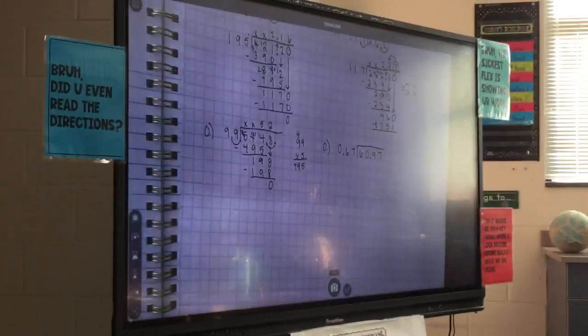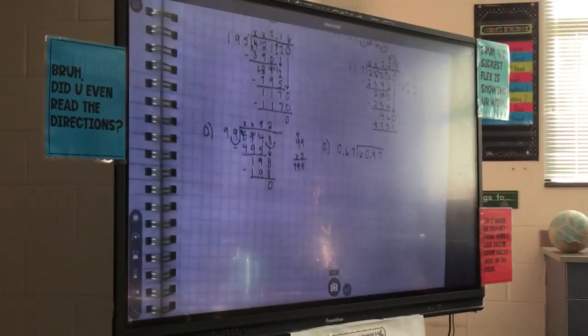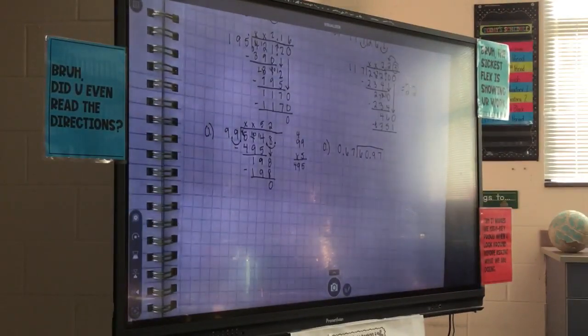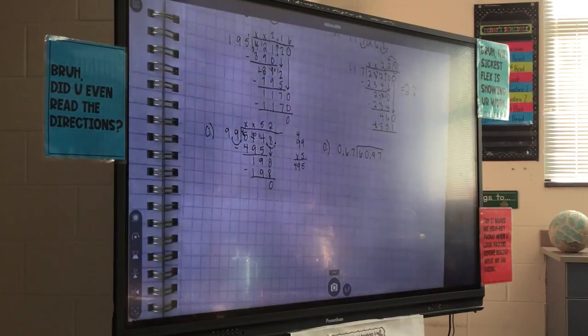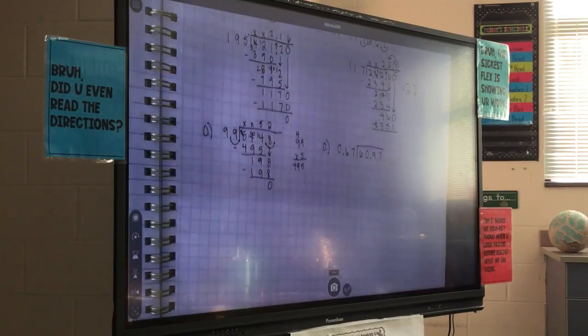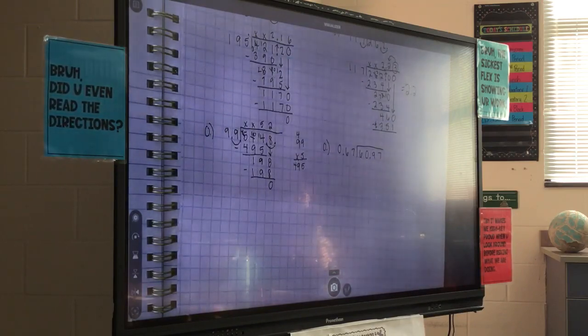Everybody should have this out right now. I am not going over this for the fun of it. I'm going over this because we weren't sure. I wasn't sure. And I want to make sure you guys understand. So if you're sitting and this is not out, I'm going to stop what I'm doing and you guys can figure it out all on your own. You weren't here. You should probably be writing this down so you know. All right,